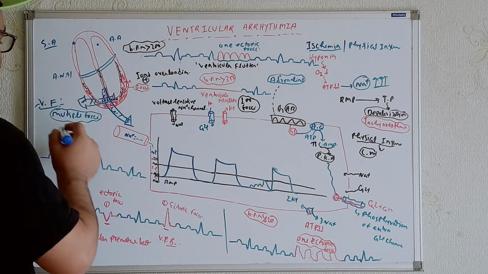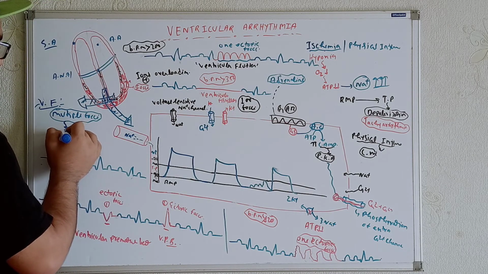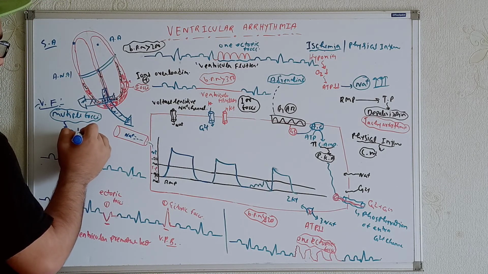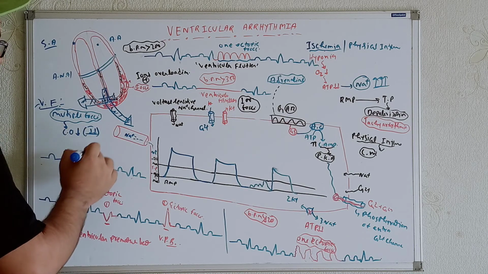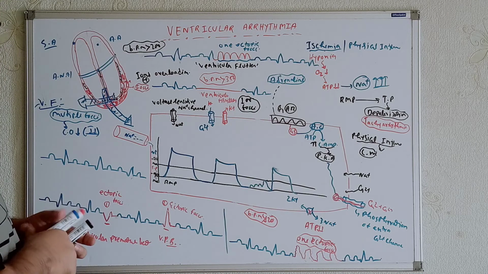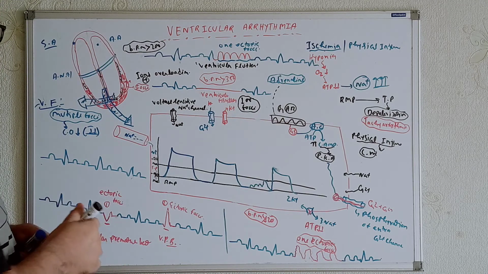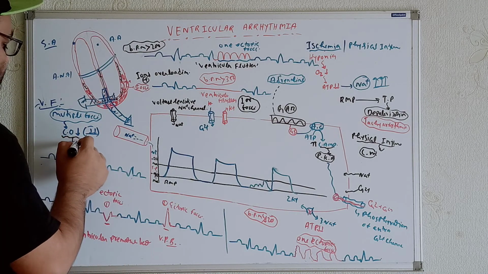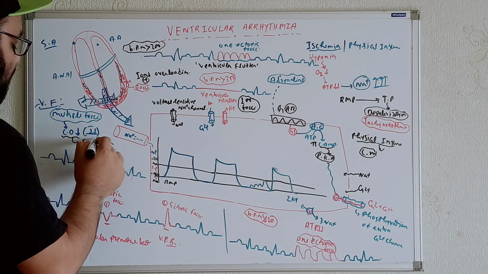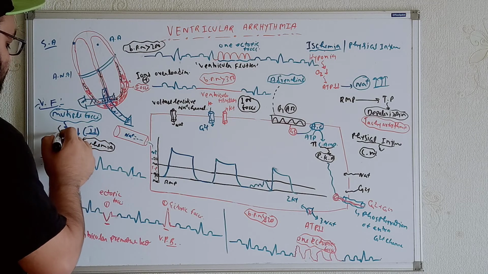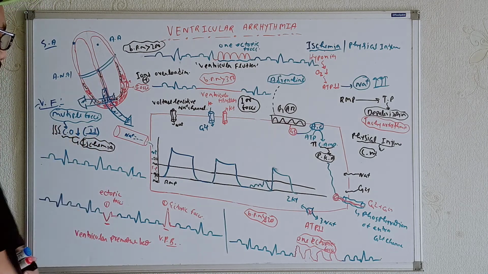So as a result, the cardiac output will drop dramatically. As a result, in multiple places within the heart we will get the development of ischemia. The cardiac output will fall dramatically over here. As a result, we will get the development of this. Whenever we get the development of ischemia within multiple portions